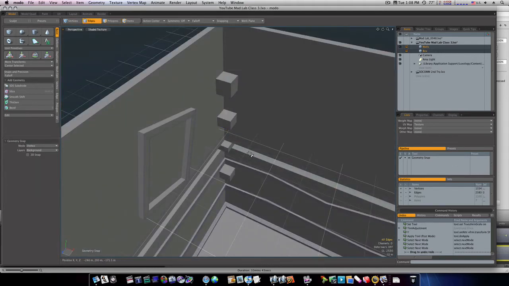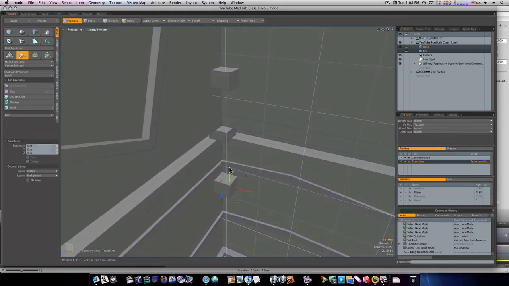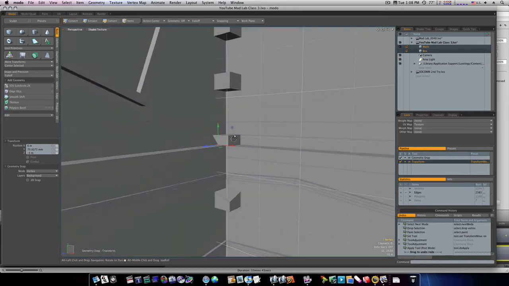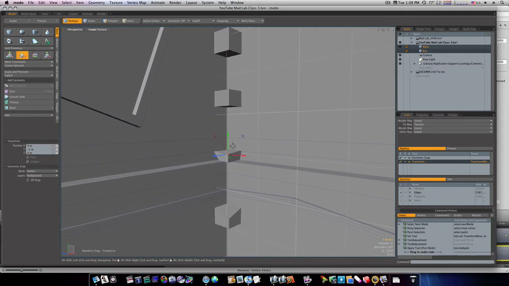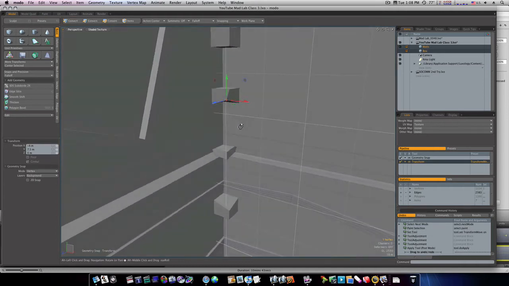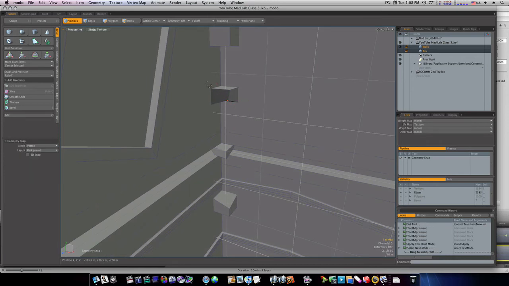Okay, now let's go to vert mode and let's mess a few of these verts up. I'm going to grab this vert here in the corner. I'm going to move that down like that. Then I'm going to take, I don't know, I guess I'm going to go in here, take this vert, move it in like that. Maybe take this one, move it a little bit. Like so. Now let's take this one, let's move it up, maybe even over a little bit. Now let's take this one back here,